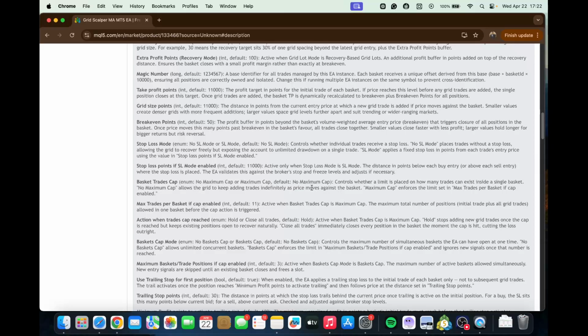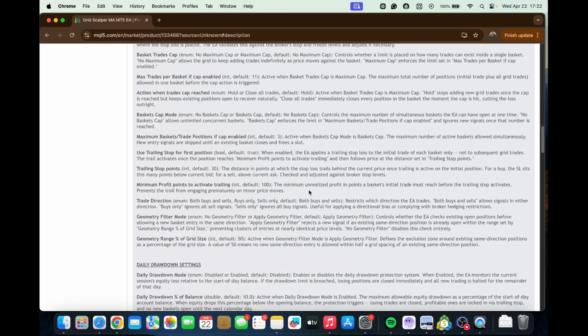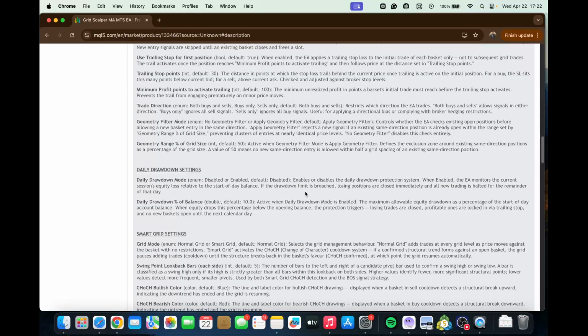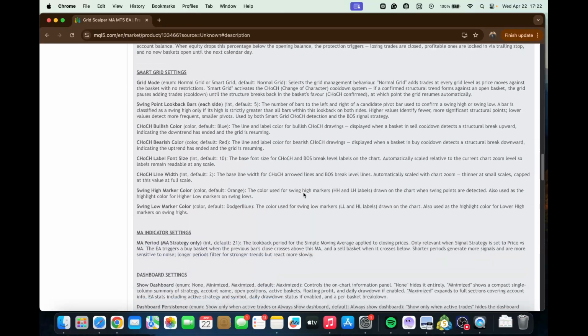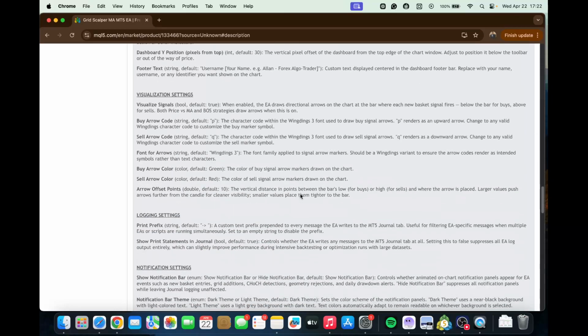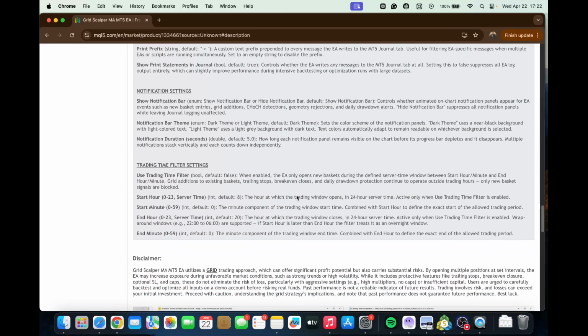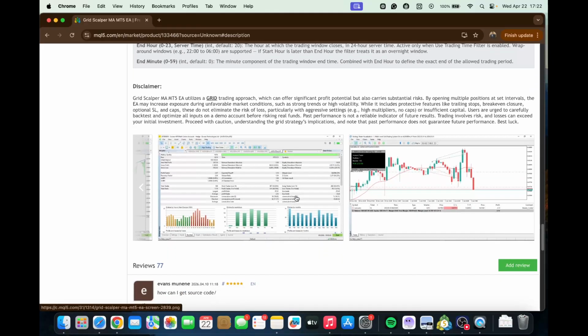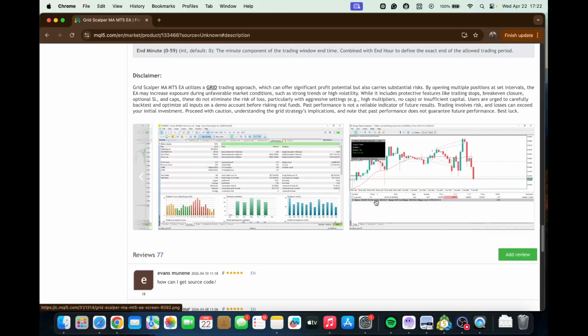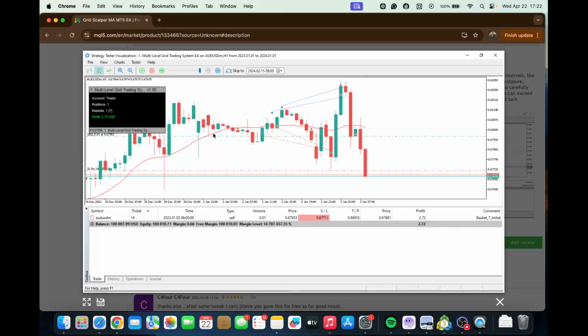It even includes a real-time dashboard that shows per basket floating profit. It also shows daily drawdown status and all that important info right on the chart. Baskets also persist across platform restarts using global variables, and the developer is very clear that this is a grid system, so it carries real risks, especially in strong trends or high volatility. You can see the dashboard I was telling you about. This is it, showing the account tester, open positions, the baskets, and even the profits. This is how it looks